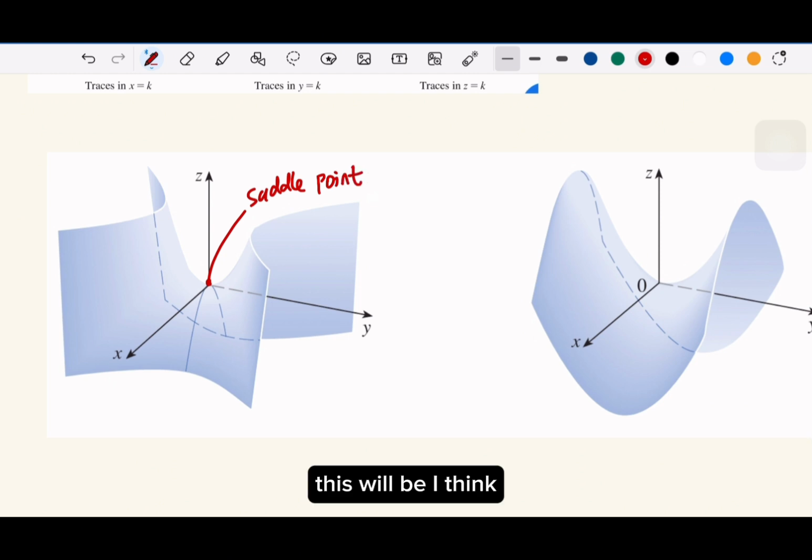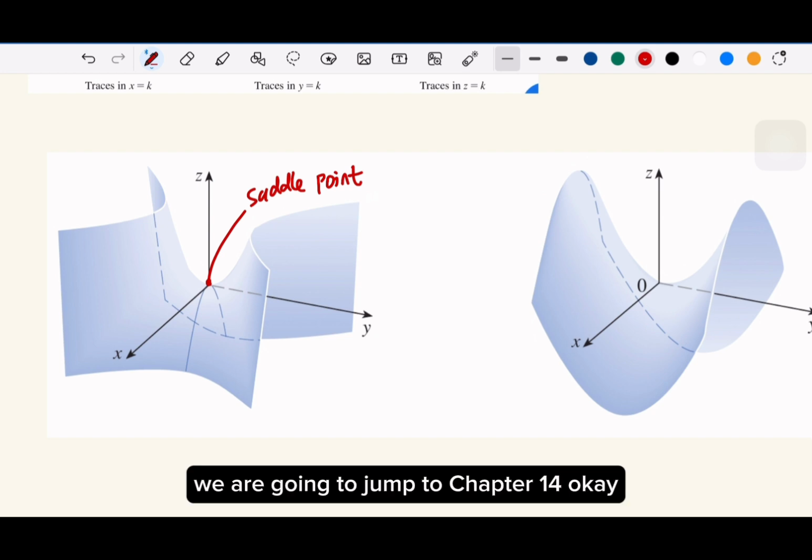This will be quite important in chapter 14, which we will discover later. So I think for our course, after we finish this short section of chapter 12, we are going to jump to chapter 14, okay? Because chapter 13, I don't think is necessary, because it's actually derivative and integration, the same thing we did in calculus 1, but we are going to use it